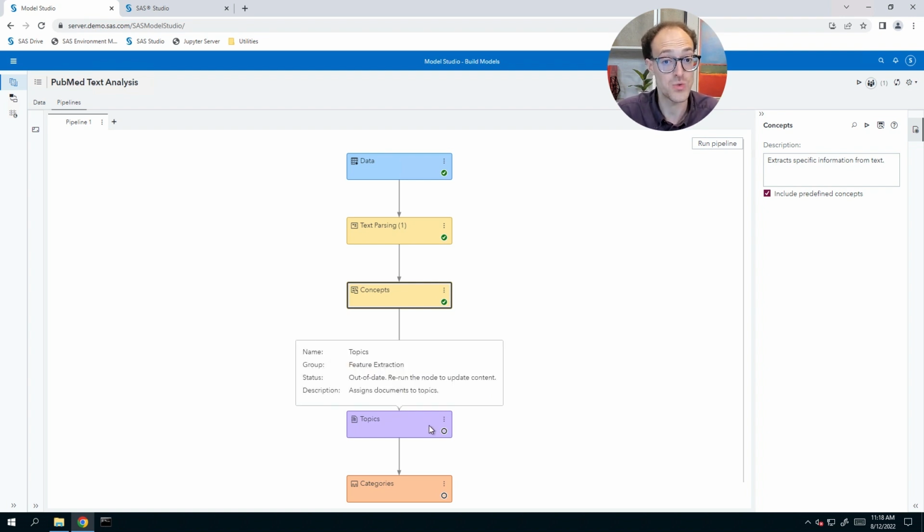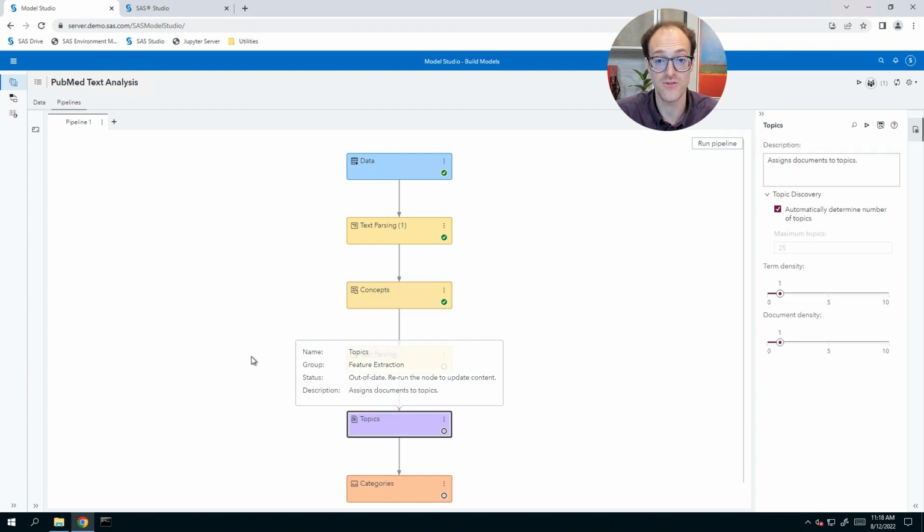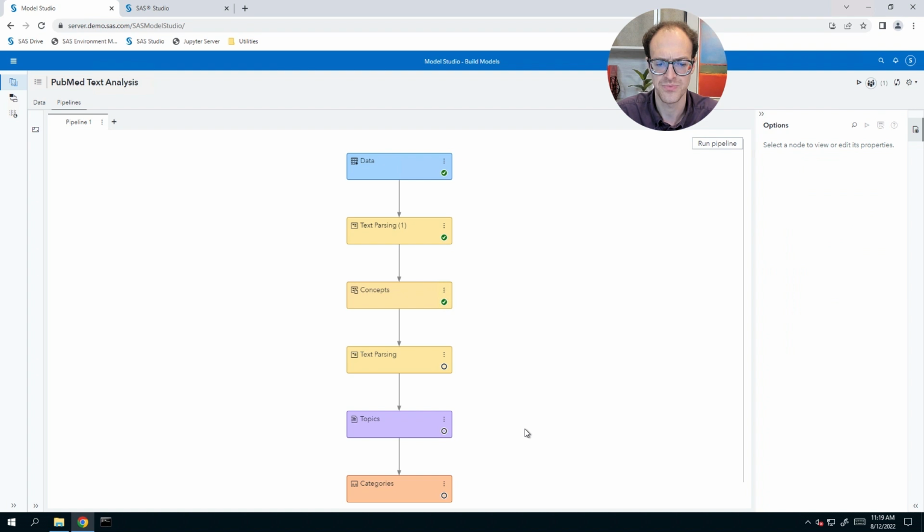Additionally, I wanted to point out things we didn't cover in the software in this workshop. The topics node automatically derives topics. We saw them in Visual Analytics in that very first dashboard we were looking at, where it automatically derived topics for us. The way this works, if you're interested, is it uses a singular value decomposition on the term by document matrix. It's often called latent semantic analysis or latent semantic indexing. It outputs a bunch of numeric columns that represent information contained in your text, so you can use these topics as inputs to machine learning models if you're building models.